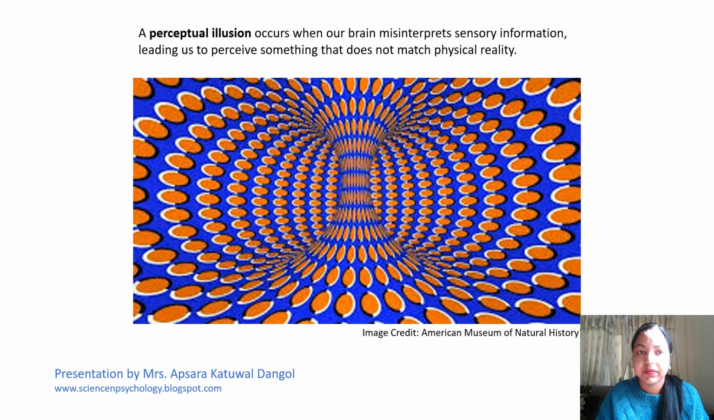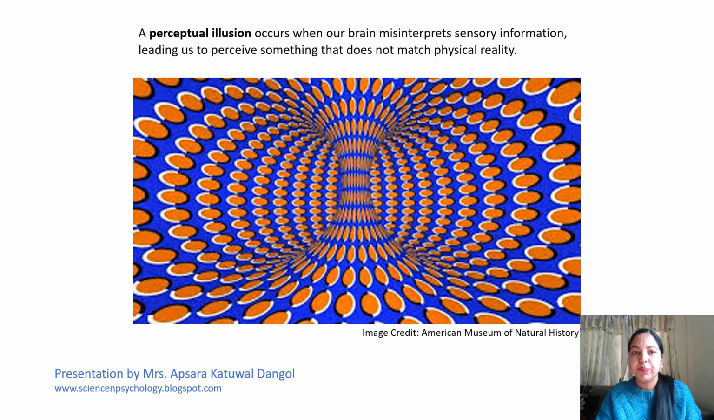So when you see this figure, what happens to you? It's a 2D figure where there is a circle and a blue background, but it feels like the image is moving. This is the illusion created in our perception of sight. A perceptual illusion occurs when our brain misinterprets sensory information, leading us to perceive something that does not match the